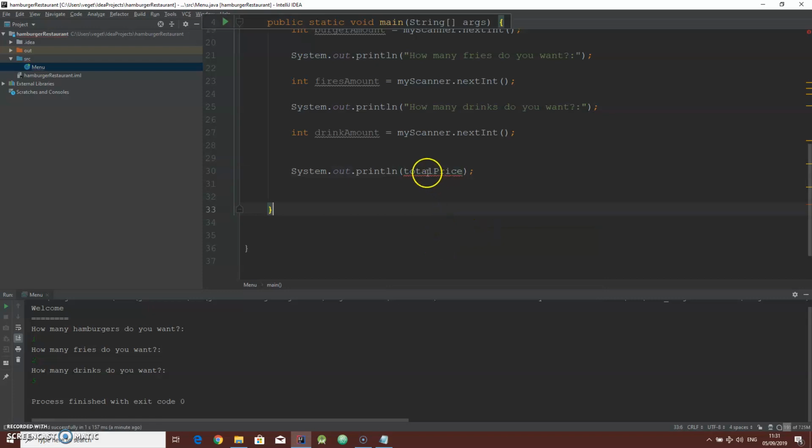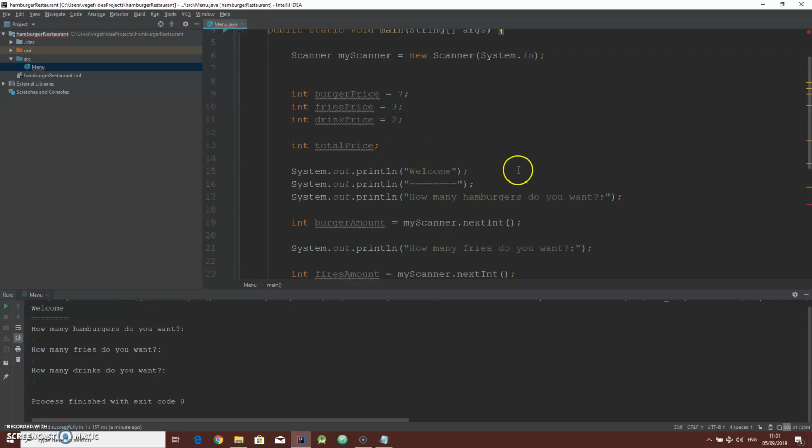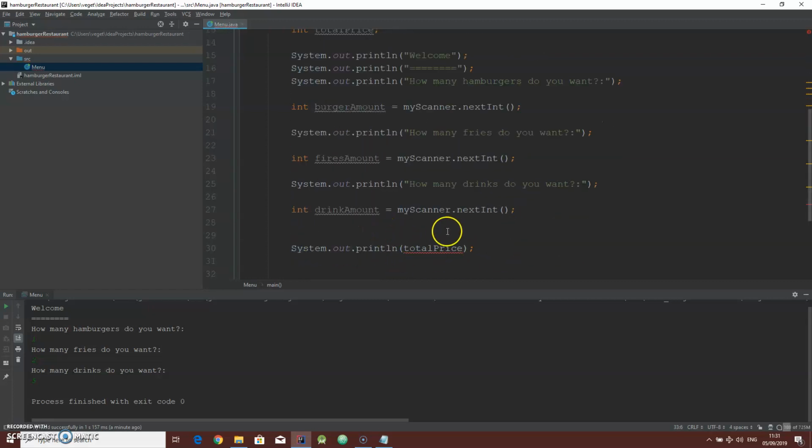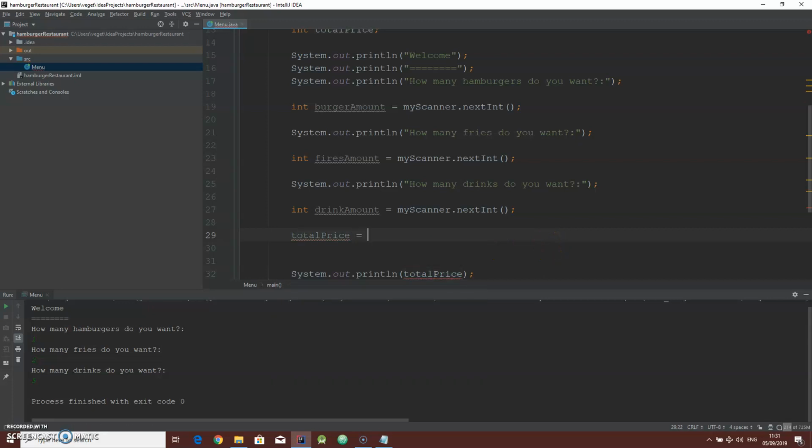Yeah? But the thing is, total price is not initialized. It has no value. So what do we do? We're going to make a small equation that will say total price equals, not equals, but we assign to total price